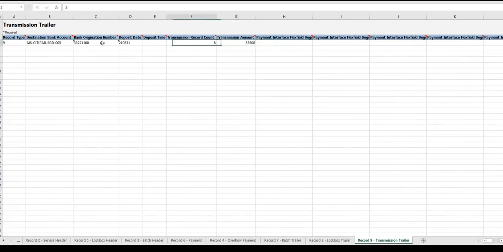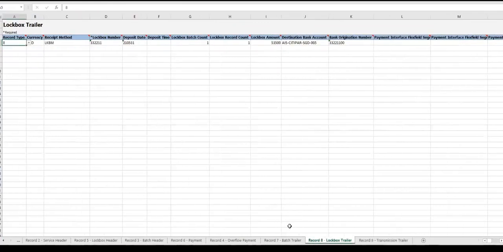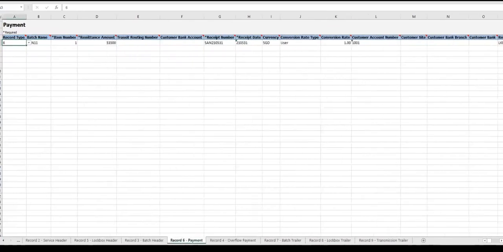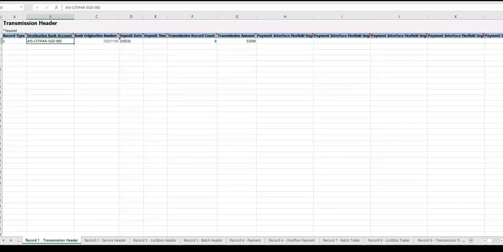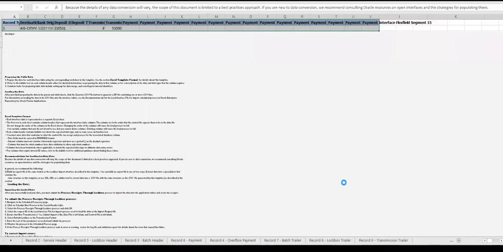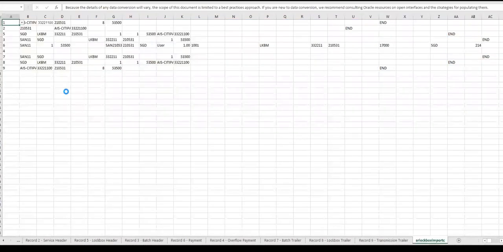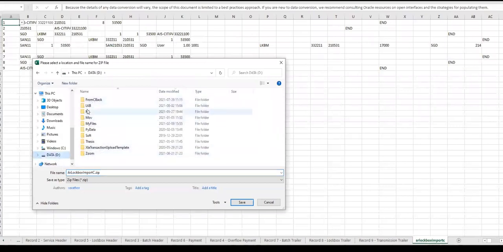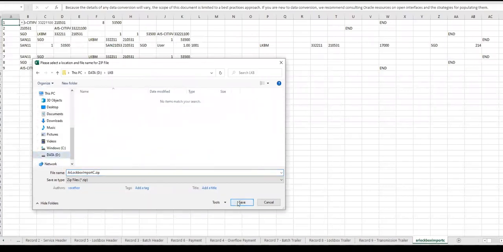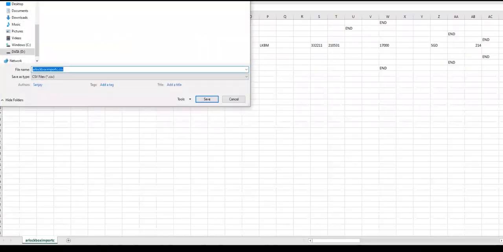So we are done with entering the data in the FBDI template. We'll just quickly review something I missed. After this, we need to create the zip file. So we need to go to the instruction and CSV generation sheet and click on generate CSV. This will generate a zip file that we need to store locally. And that is it. We are done with the data file creation.